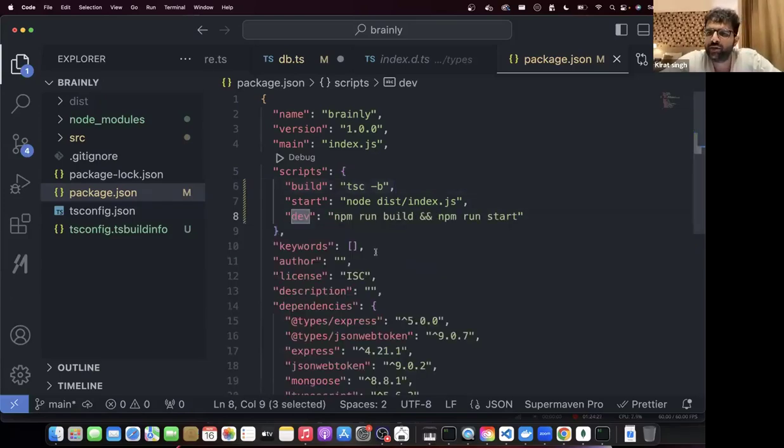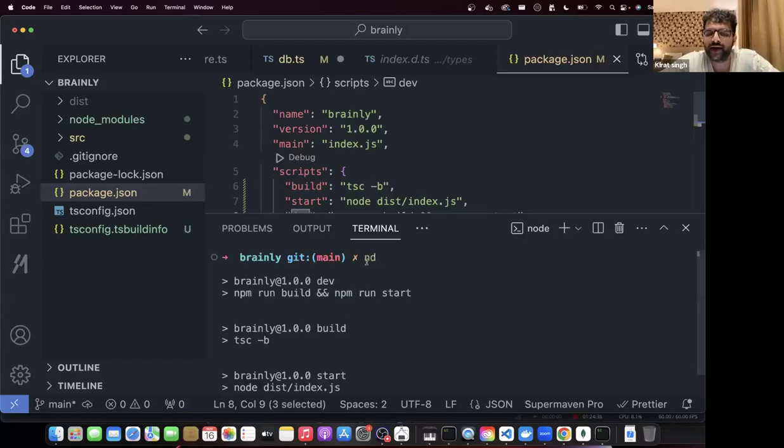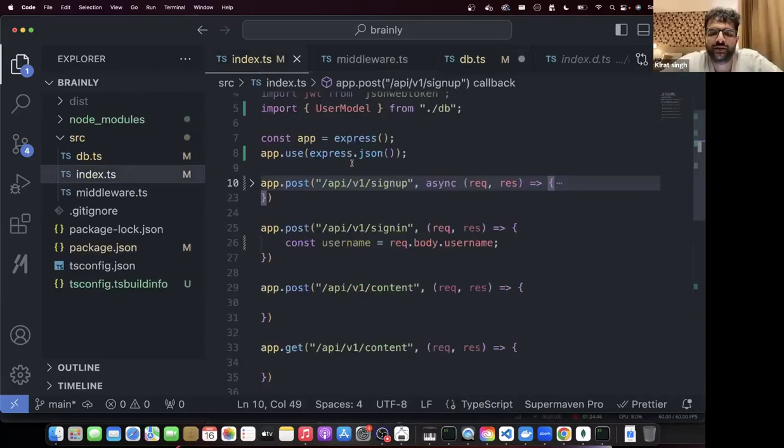npm run dev होता है कि during development जब आप काम कर रहे हो लोकली, you want to build and start, build and start, build and start. So that is why locally you usually use npm run dev. I've added an alias for nd, which is why nd runs npm run dev, which runs first build and then start. And that is starting my server over here.